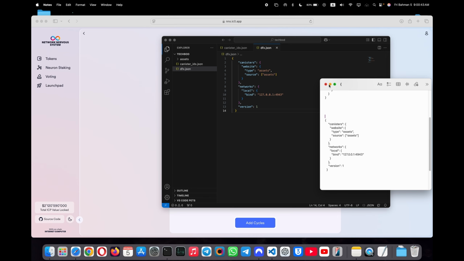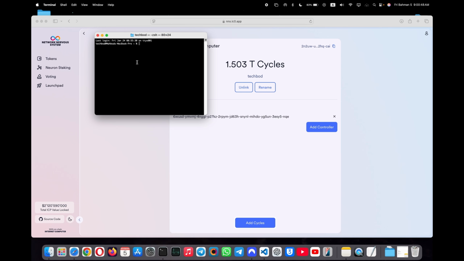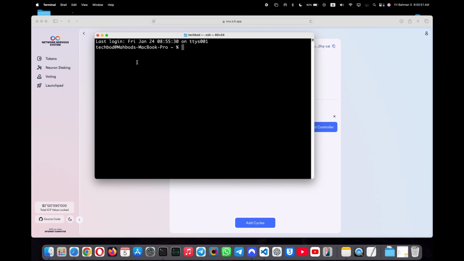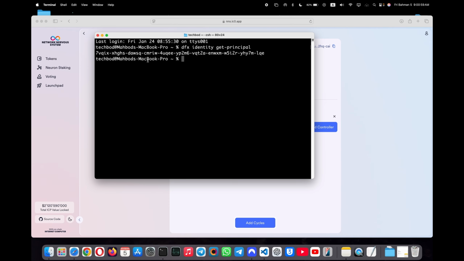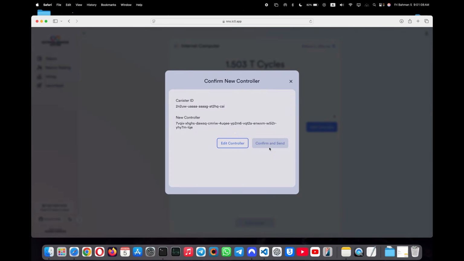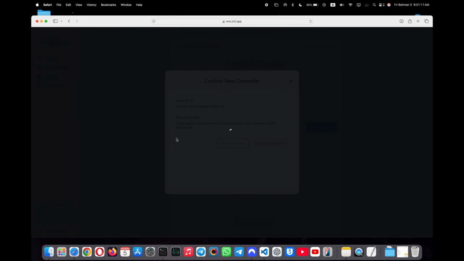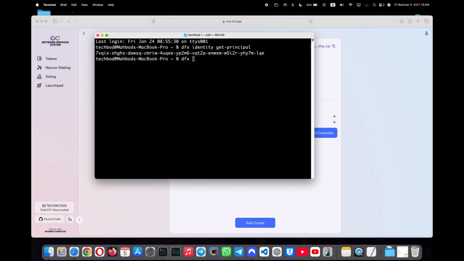So let's get to adding the controller. On my terminal, let's make this bigger. I'm gonna do dfx identity get-principal, and I'm gonna copy this and I'm gonna add it as a controller to the canister. Let's confirm. So it's been added. I'm gonna do dfx start --clean --background,